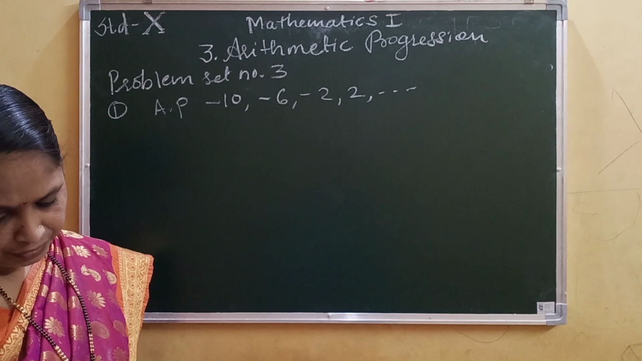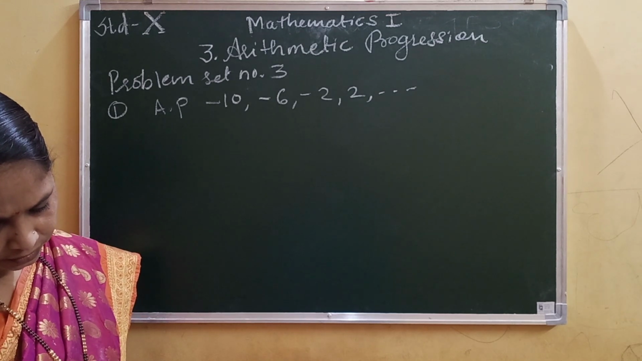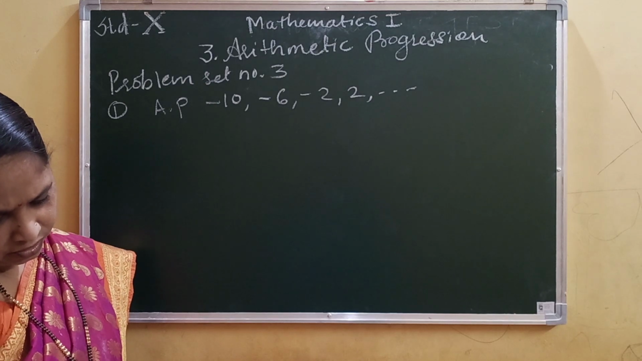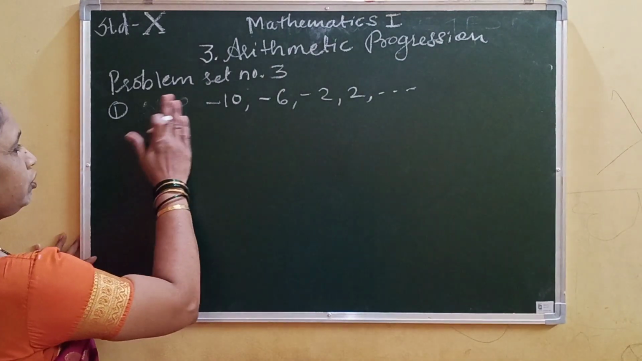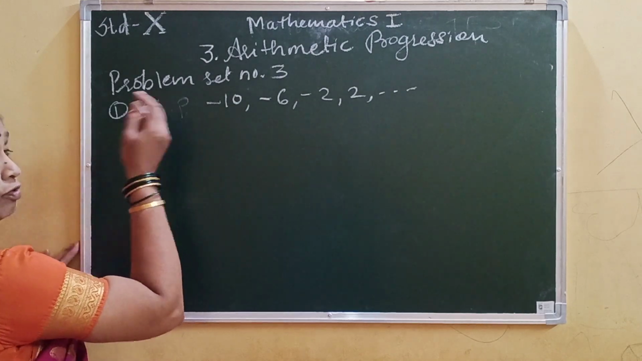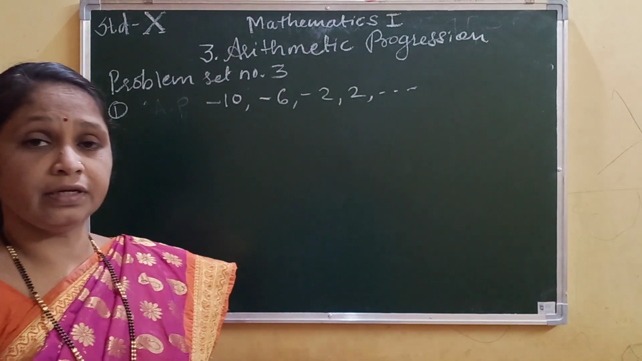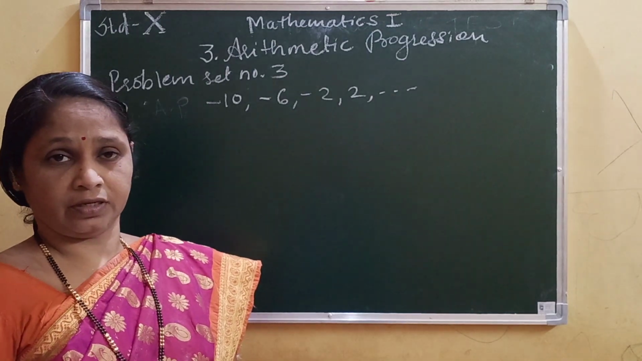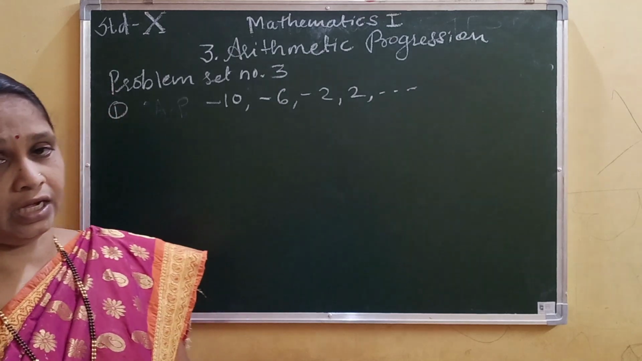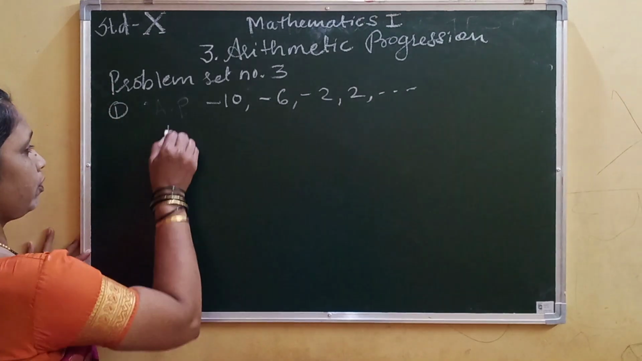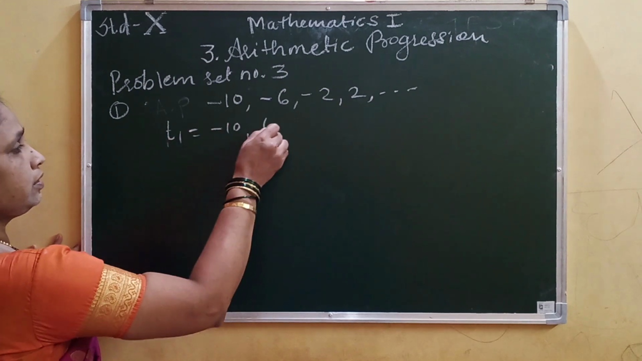Now see, we know to find the common difference means what we have to do? The sequence is given. You have to find out whether it is an AP. When will it be an AP? When the difference is same, then we can say that the given sequence is an AP. So difference we have to find out means here see, T1 is equal to -10, T2 is equal